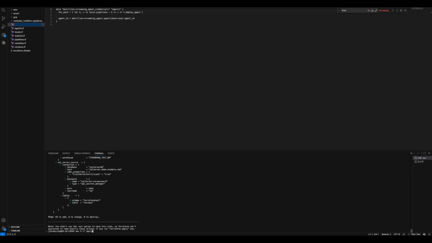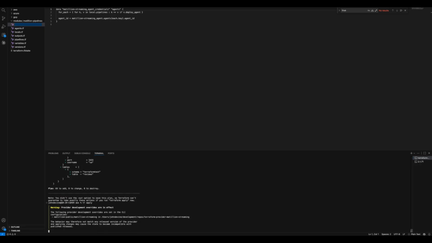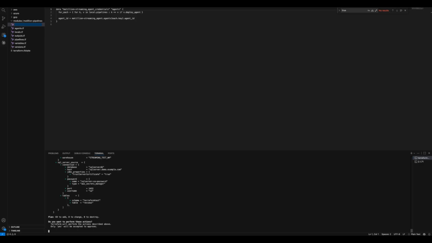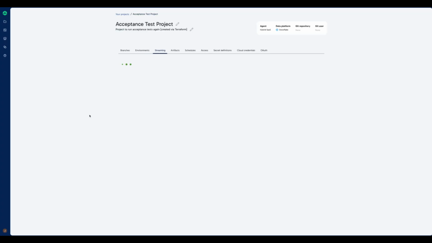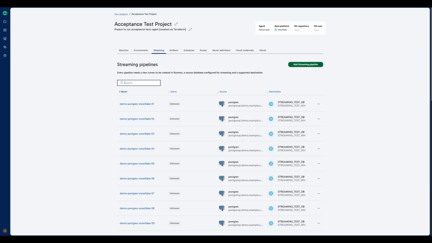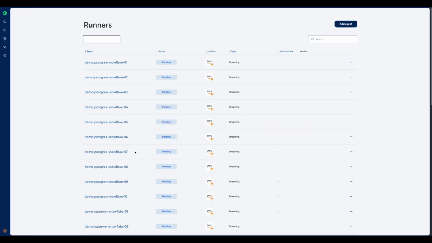Now we apply the configuration, and as you can see, all resources have been successfully added. If we go back and refresh the page, all the new pipelines are visible, including the Postgres and SQL Server to Snowflake integrations. Checking the Runners tab, we can see that all the corresponding runners have been created correctly as